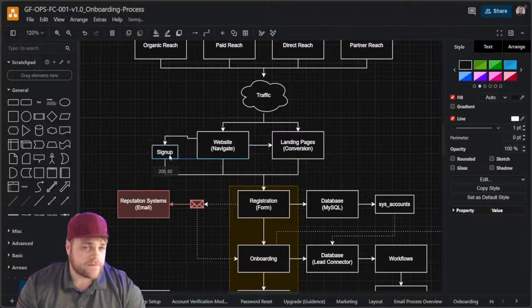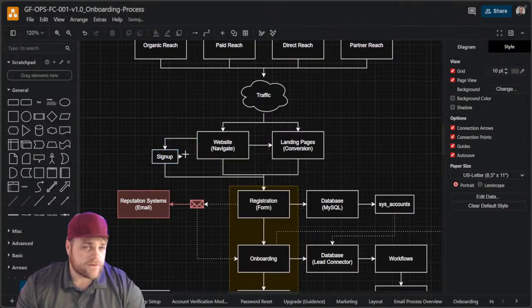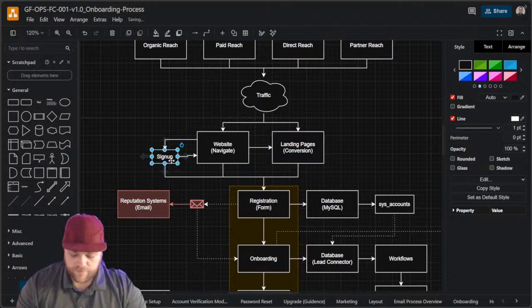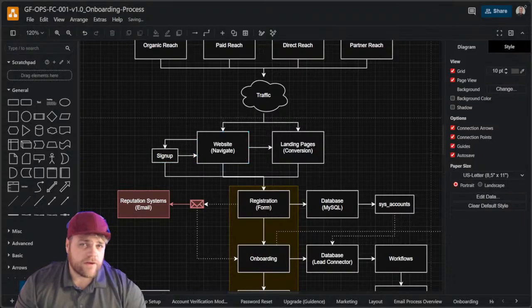So little sign up, which is awesome. And then it just keeps them on that same page, which is cool, right? Great. So now we have this thing that kind of works, right? I'm going to just make this a little bit bigger. There we go. And bring this guy up so it matches. Okay. So that is one thing that they do.